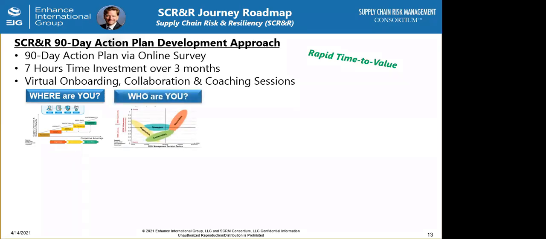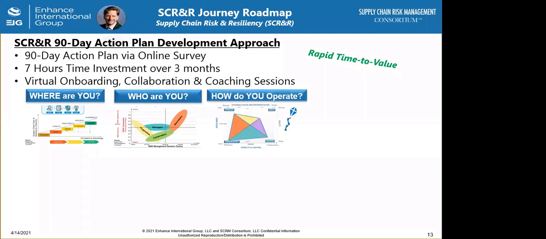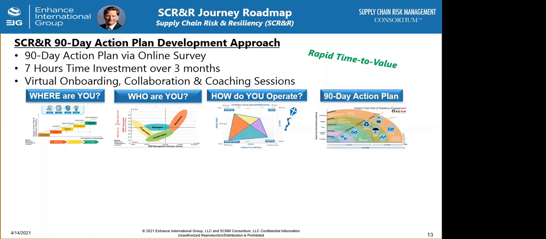who are you, which we'll cover today, your risk appetite of your organization, how you look at risk in making decisions, and then how do you operate? What's your operational propensity on how you make decisions, and not just make decisions, but closer to the culture of your organization. And that culminates into this 90-day action plan, which is a very high level overview